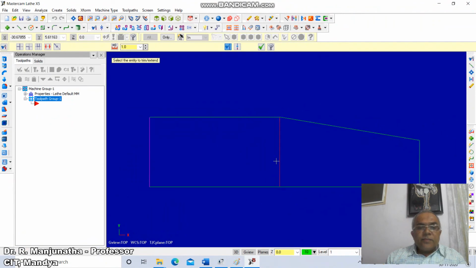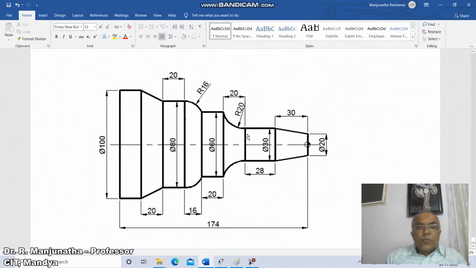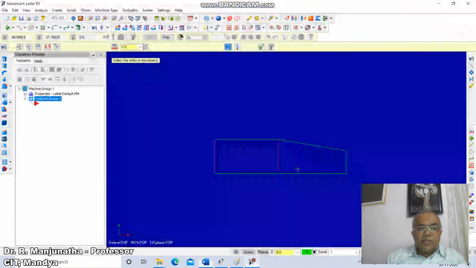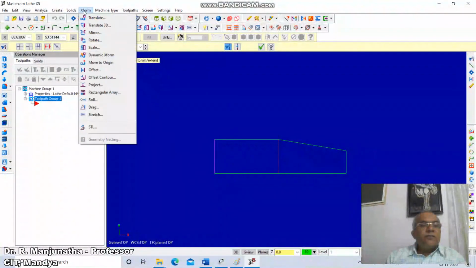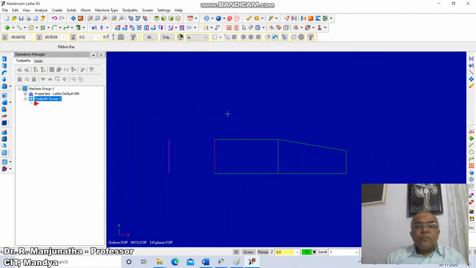Then again, from here we take 20 and this diameter is 30. To do that, the command is XForm, offset, take the distance as 20. From here you take the distance as 20 and click on this.